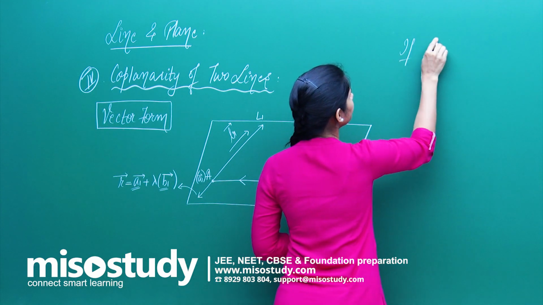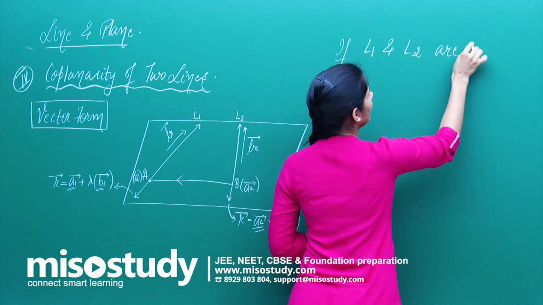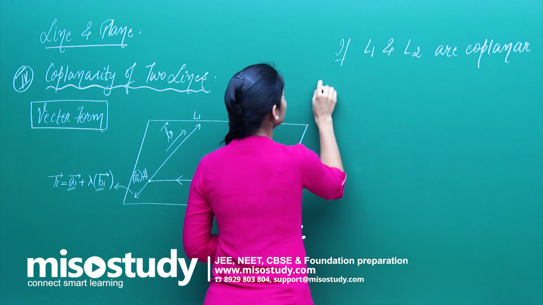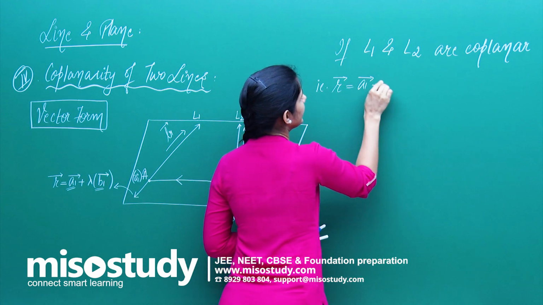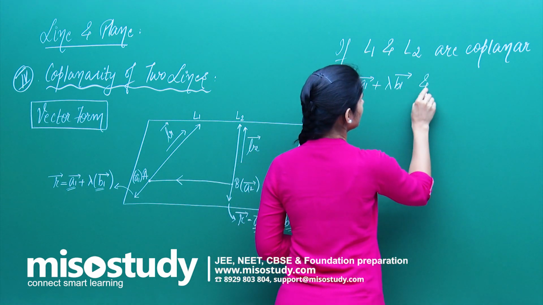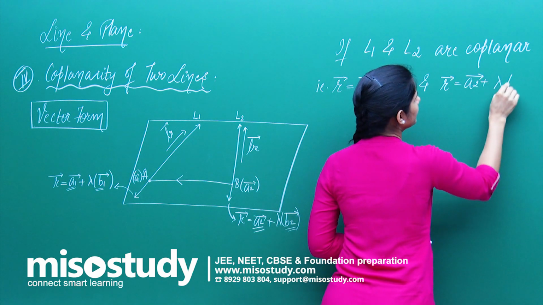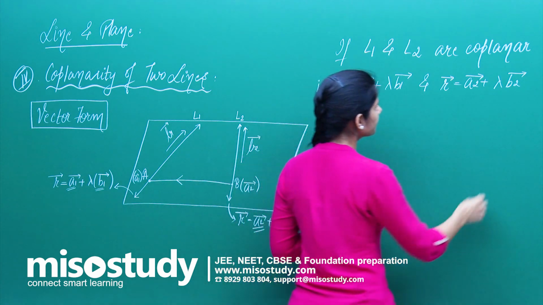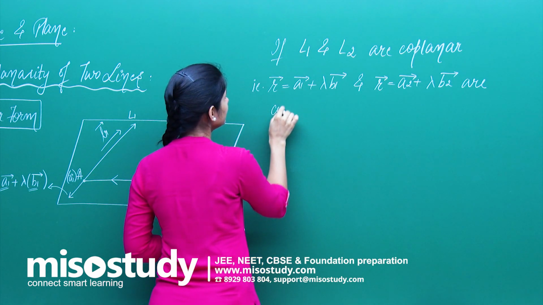So, if line 1, r vector equals a1 vector plus lambda times b1 vector, and line 2, r vector equals a2 vector plus lambda times b2 vector, where obviously lambda is a parameter, are coplanar,